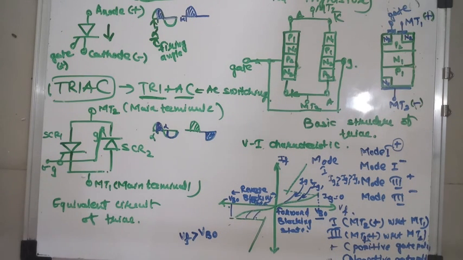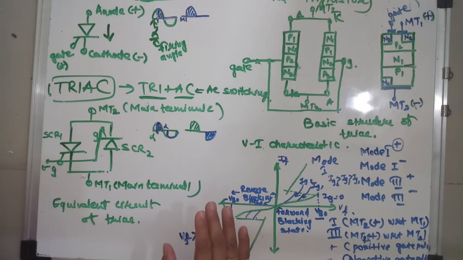Now what is the application of the triac? After studying all these things, we came to know that unlike the SCR, the triac is a bidirectional device, and bidirectional means it allows the flow of current in both directions, so it can control both cycles of an AC. So basically it can be used for AC switching or to control an AC load. In the same way, the triac can be used to make the trigger circuit for the SCR.